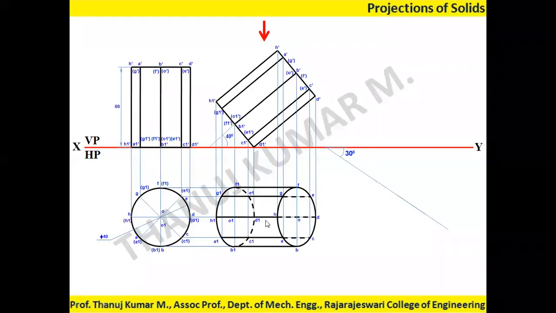So it is called the apparent top view, or appearing. These two are the important words. So this axis line is inclined at 30 degrees. That's what they're telling. They're not talking about the true value of the axis line, whereas the apparent inclination of the axis line has been spoken.